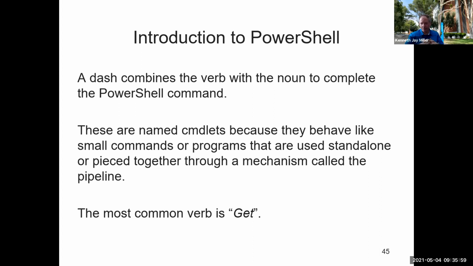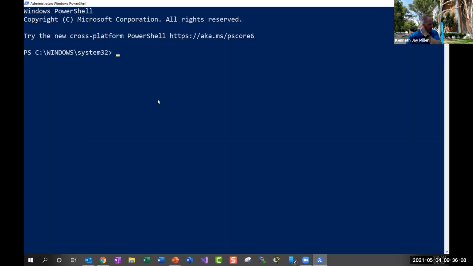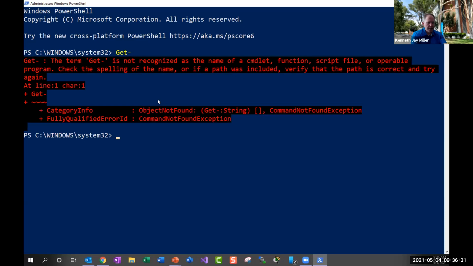Now, the most common verb is get. So in PowerShell, let me bring this back up. This is my administrator. If you want to know what all the get verbs are, what can I get? If you just type get and then hit tab, it will scroll through all of them. If you just hit get dash, it will give you, there's a way to get all of the gets, but you can use tab completion